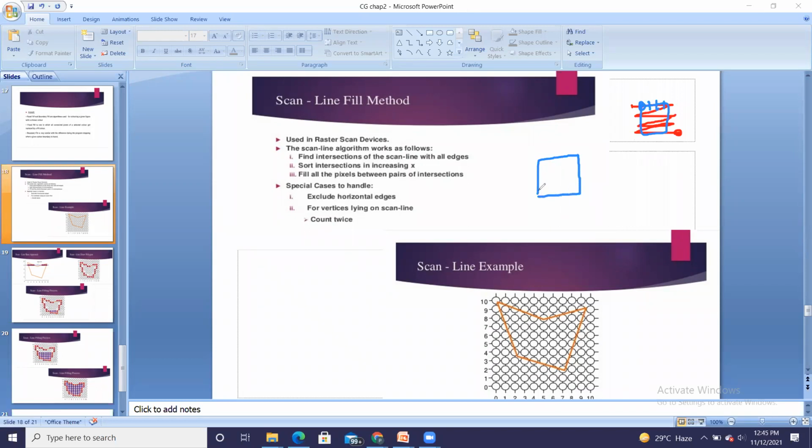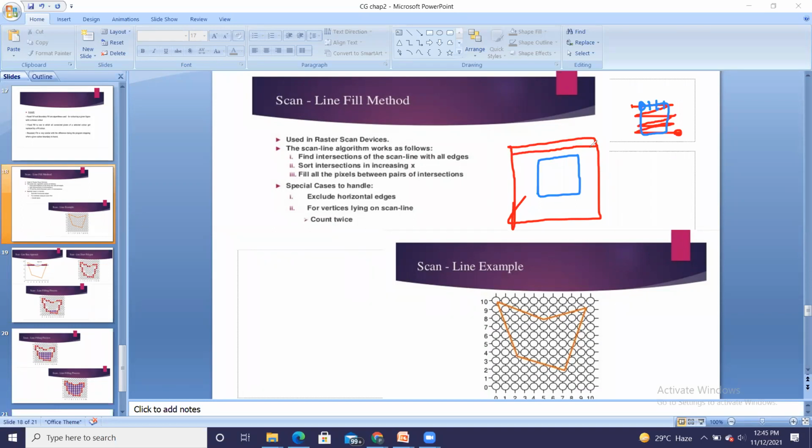This is your object. So the job of the scan line is, this is your complete screen, and on that screen you are having this object inside. Now it will scan the first line. On this first line, is your object present? No. So it will not change this color which is present on the background.